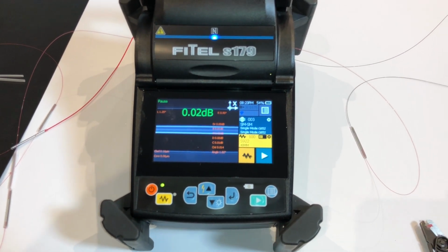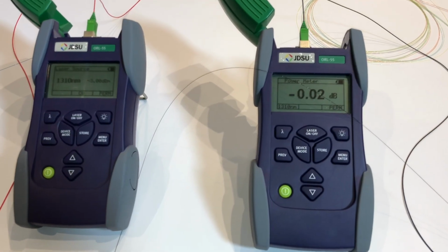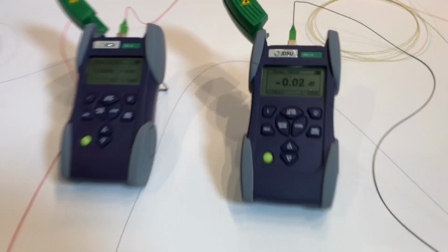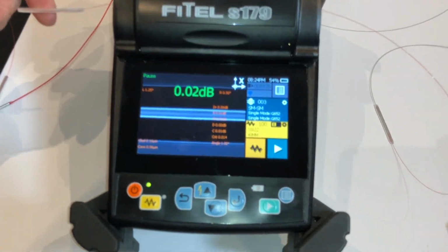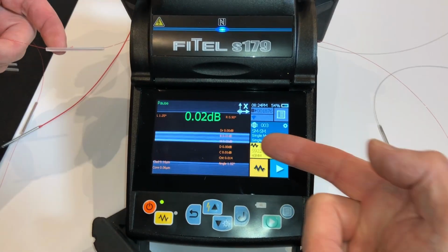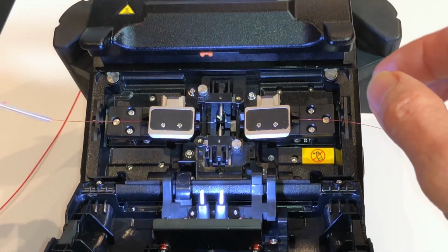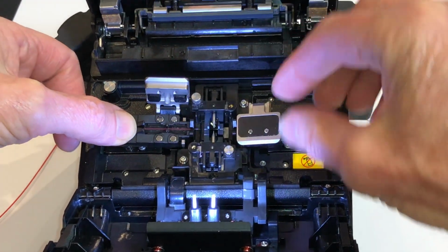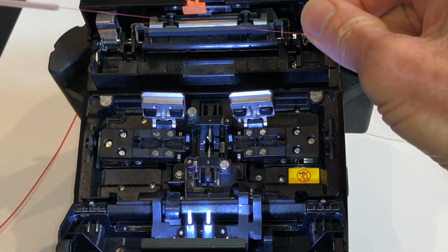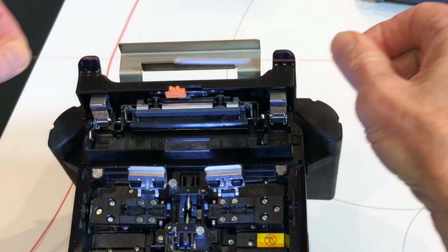We have the loss, and that can be compared up on the screen. We also have a full readout of all the parameters to do with bend, step, mode field diameter mismatch. Let it go through a tension test. The order will be the completion of the tension test. Slide the heat shrink into position, center,